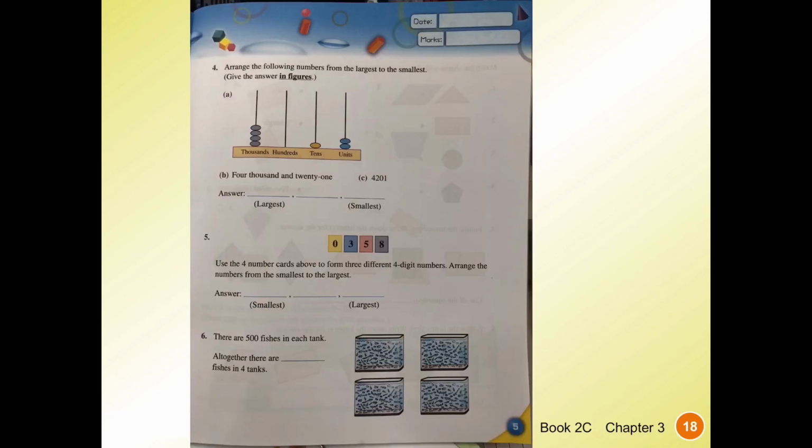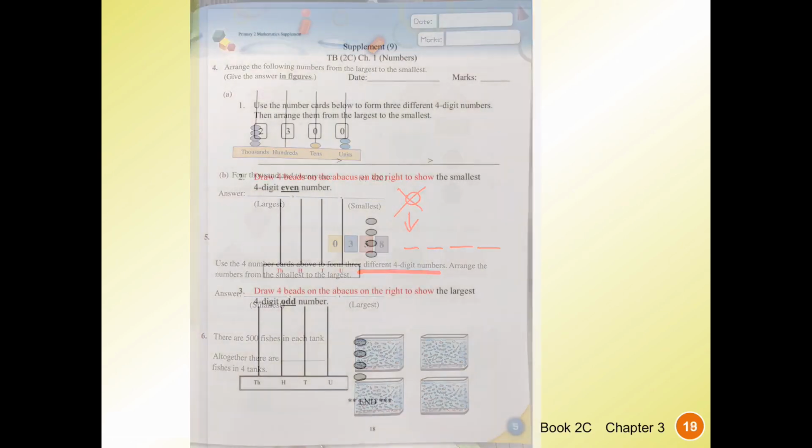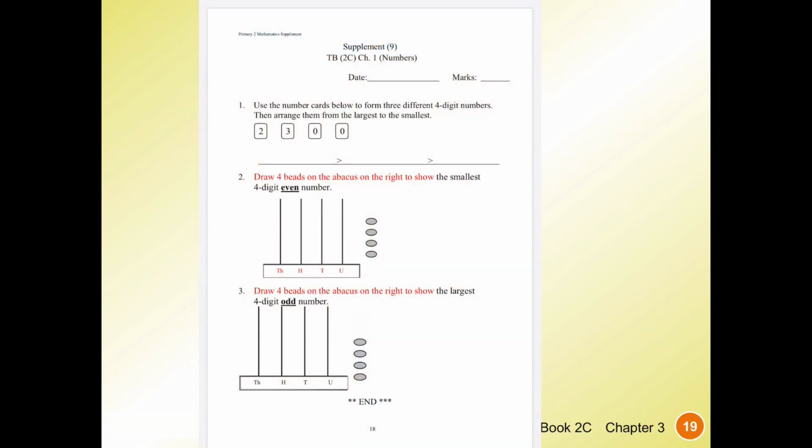For page 5, question number 5, once again, when you are asked to form 3 different 4-digit numbers, for the first digit, the thousands place, it cannot be a 0. For supplementary exercise, page 18,